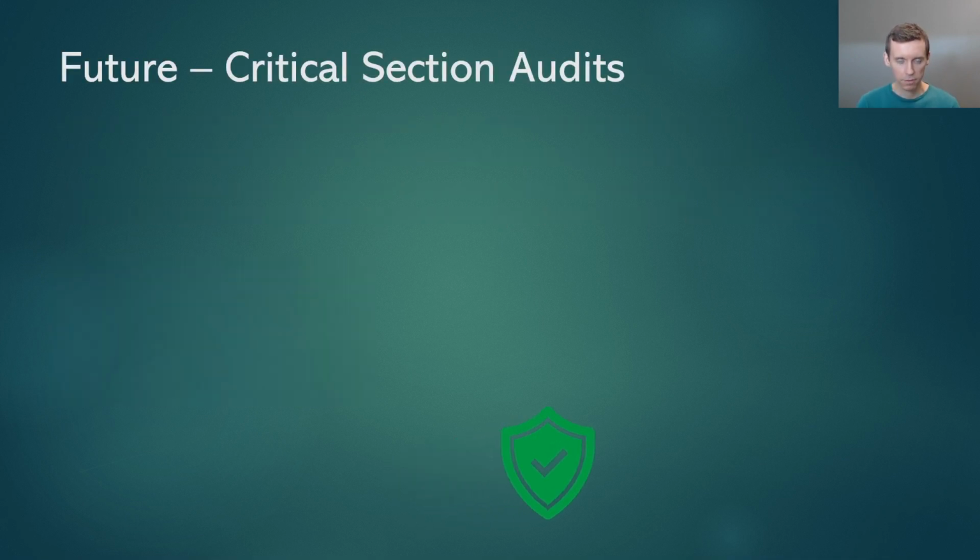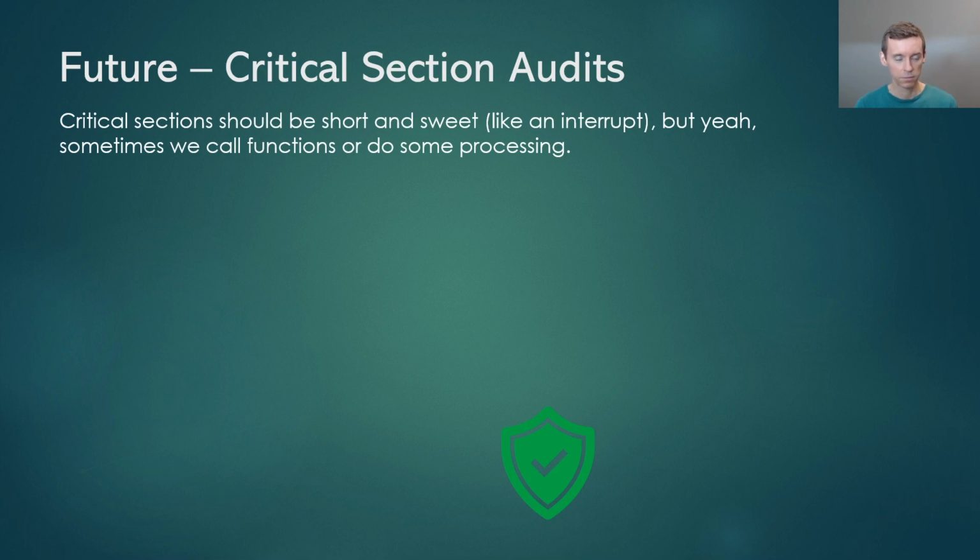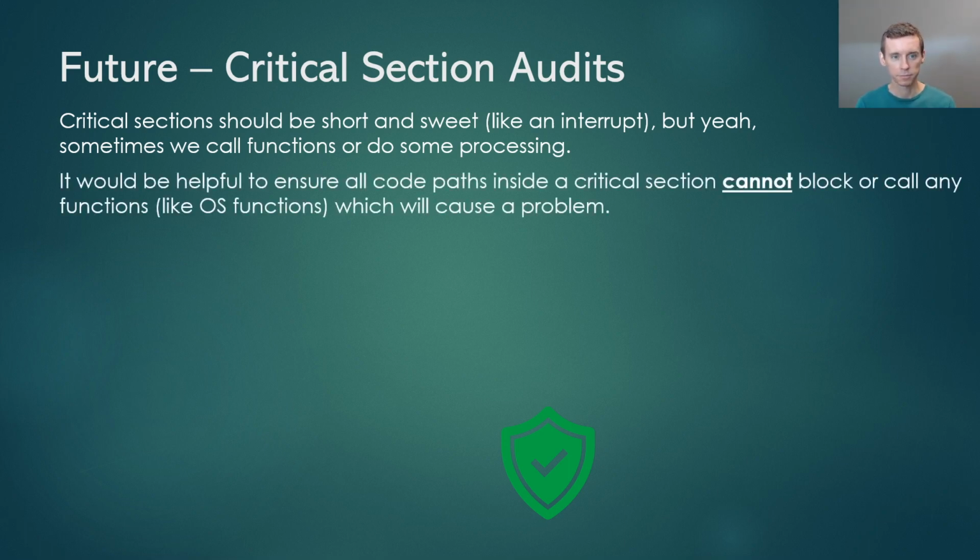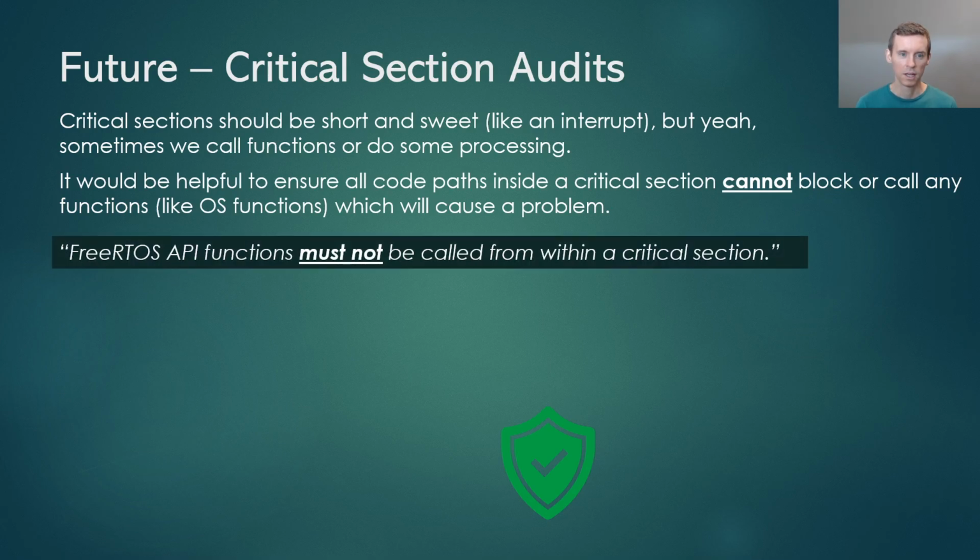Critical section audits, very similar to the interrupts we just talked about. Critical sections should be short and sweet, like an interrupt. But yeah, sometimes we do have to call some functions and do some processing in there. I think it'd be really helpful to have Fin be able to audit all code paths inside a critical section, including all of the call chains, and make sure that none of them can block or call functions that could be an issue. So yeah, from FreeRTOS, which is what I primarily use, if you're inside a critical section,